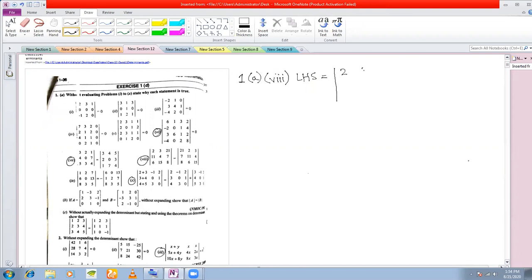2, 3, 21. 11, 4, 7, 6, 15, and 8. Okay, this determinant you have to prove is equal to this determinant. So now keep an eye on what you need to prove. If you see in the first row you have 21, 2, 3, right? 21, 2, 3 you have.